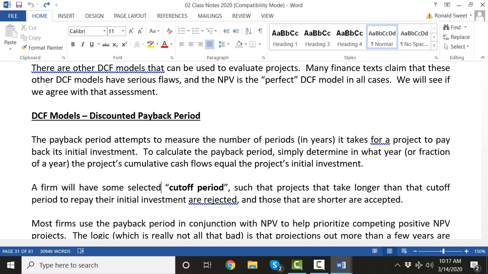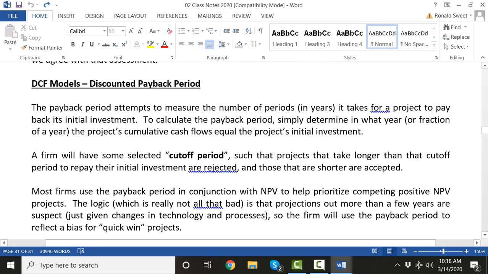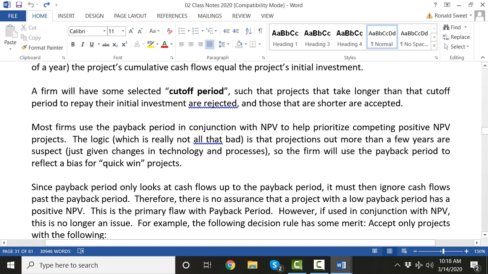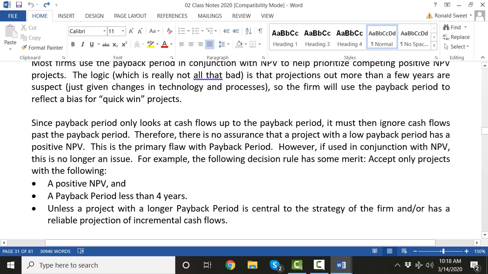So you just use it as part of your analysis. What I happen to state is what your cutoff period is. The solar panel project will probably have a payback period that's well over 20 years, potentially, or at least definitely over 10 years. And in that case, you just want to know what it is so you can tell the person making the decision how long that payback is, just in case they want to compare that with the expected